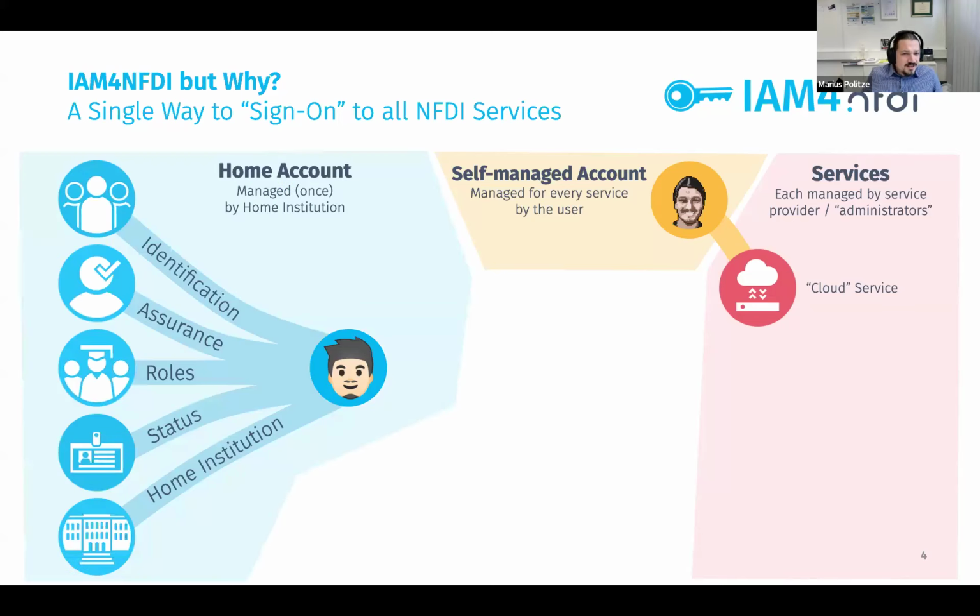On the other hand, I do have a home account at my home institution, and that already has a lot of information about me. So it has an identification, it has certain kinds of assurance because someone checked my ID when I signed my contract. I have certain roles like being an employee, a lecturer, or a student. I might have certain status